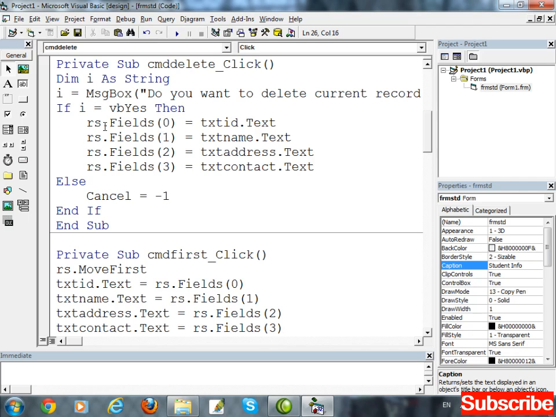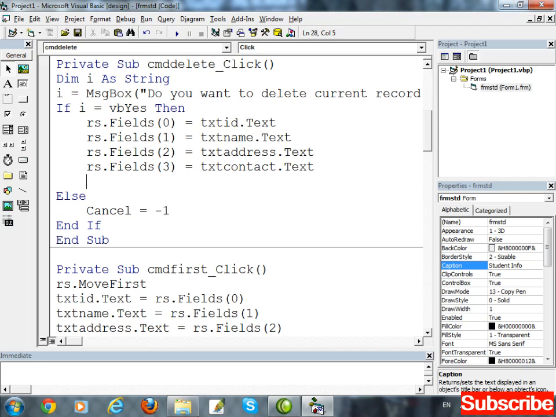Using these index numbers we can access the fields inside the database. 0 is for the first field, std id. 1 is for the second field, std name, then std address and std contact. So the data from the text boxes has been assigned to the recordset.